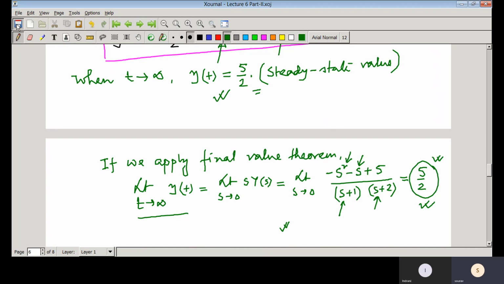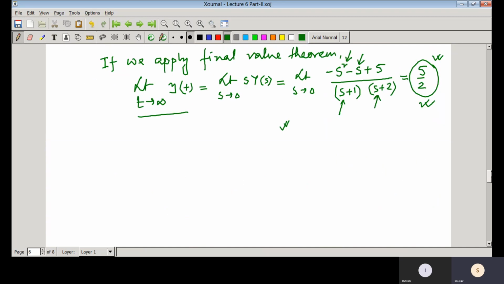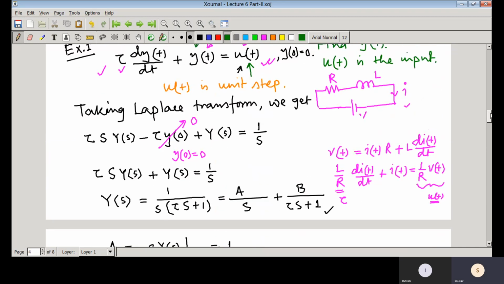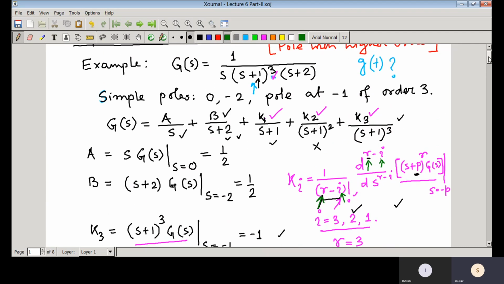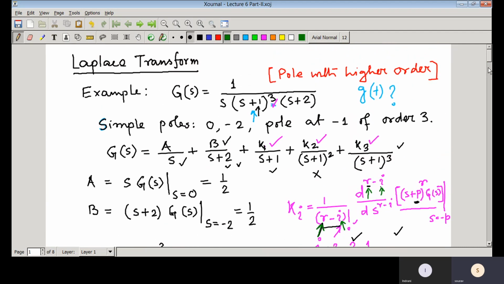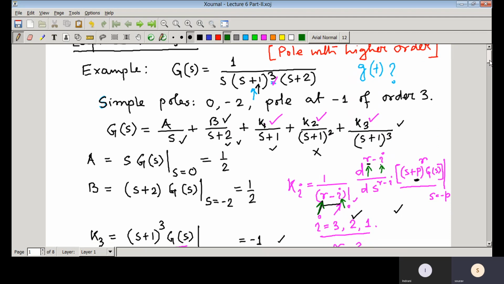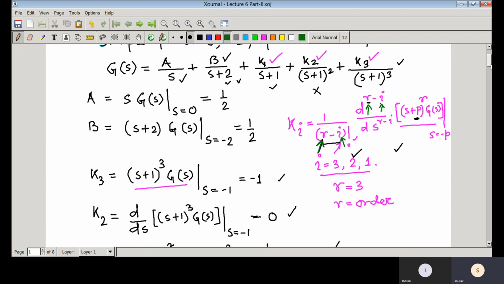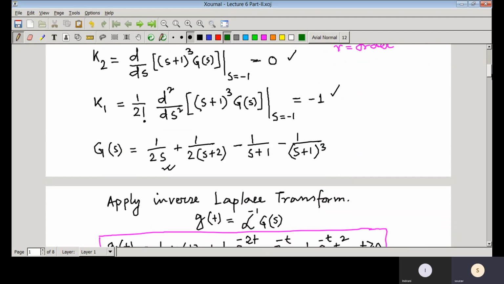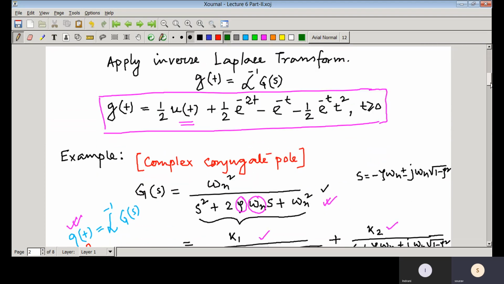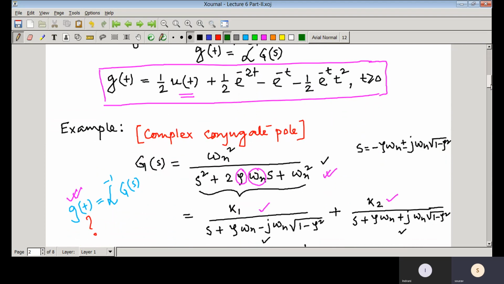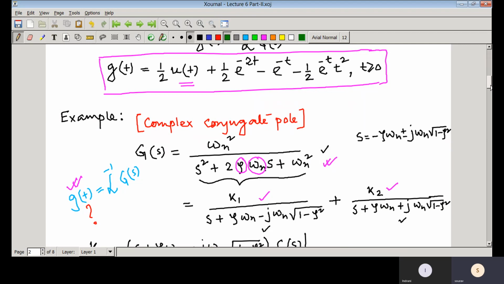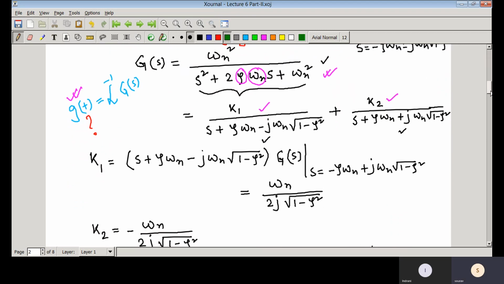So let us summarize what we have discussed in this part 2. So we have solved few examples, just applying Laplace and inverse Laplace transform. So first we have solved one example where pole with higher order is there, and then we find that solution GT. Next we have solved one problem where we have that complex conjugate pole, and then we find that expression,